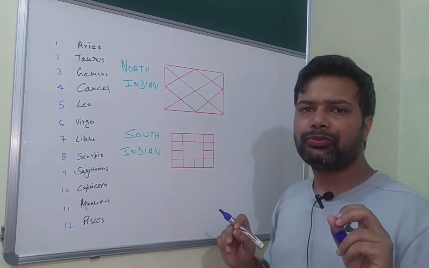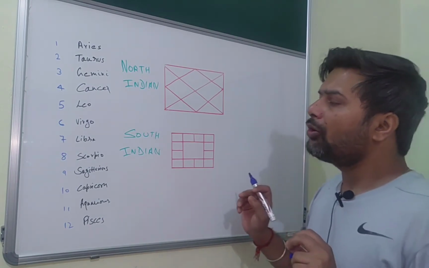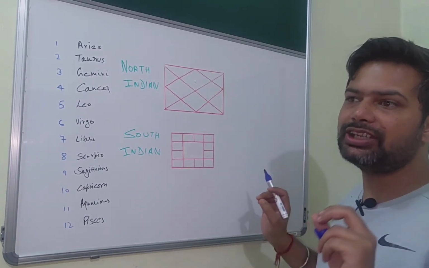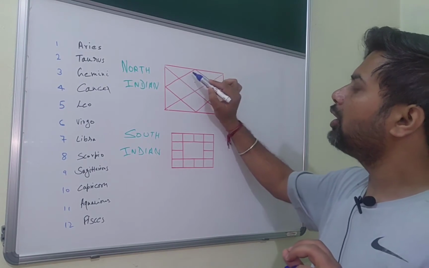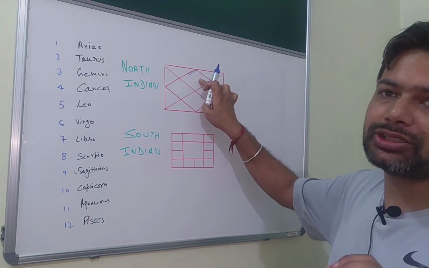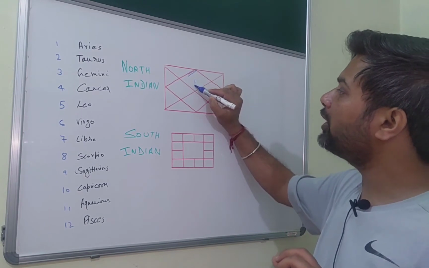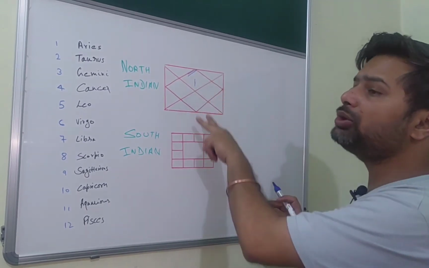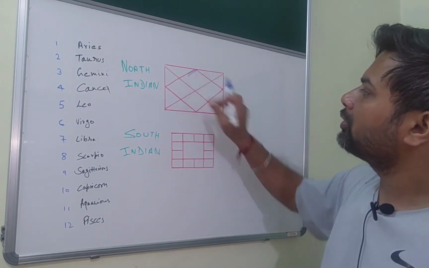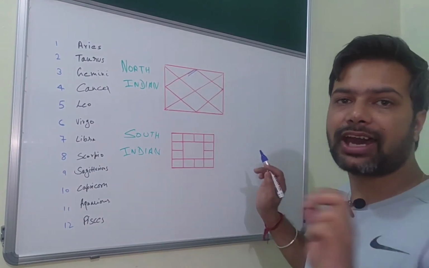Now we will take an example to study this. In the North Indian chart, this is the Lagna. This is the first house and it is known as Lagna. Lagna we denote by two lines, but as it is fixed, it is not required to show these two lines. Now, if I put one here, then this Kundli becomes Aries Lagna. So, by putting numbers, we can decide what our Lagna is.